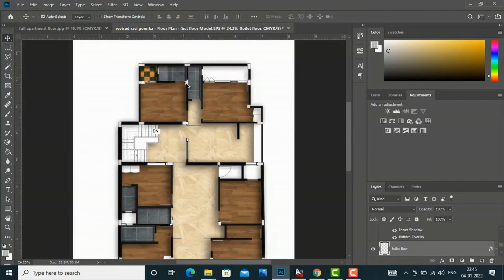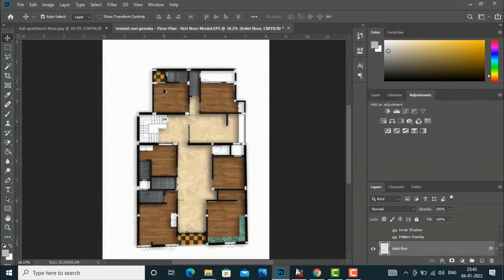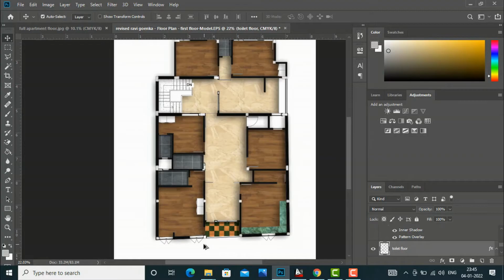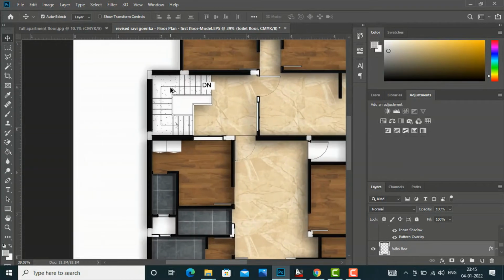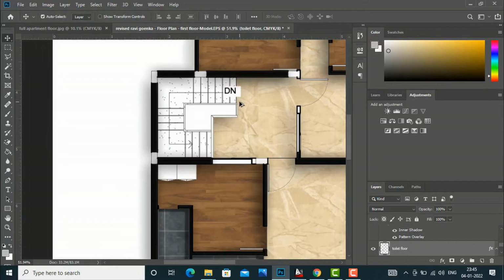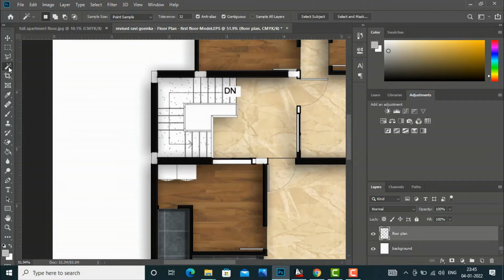So now the toilet area is okay. Now I am going to change the color of these stairs, so you can use the paint bucket tool. I am going to the floor plan and we'll use this magic wand tool,